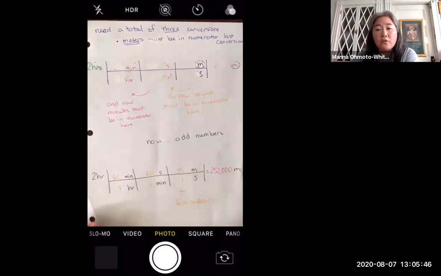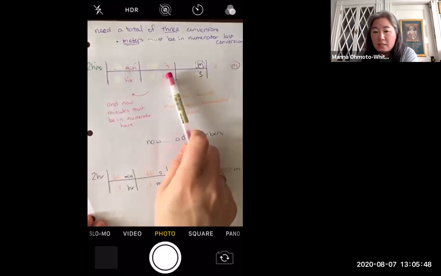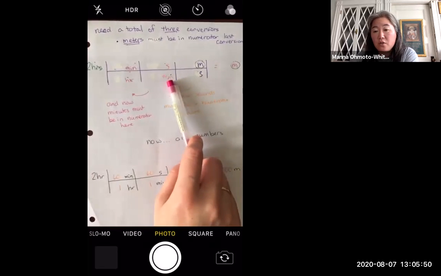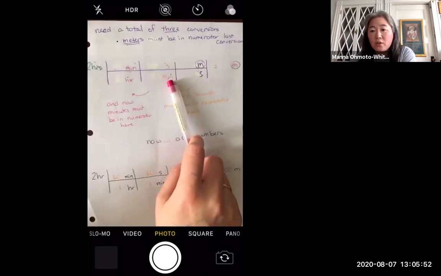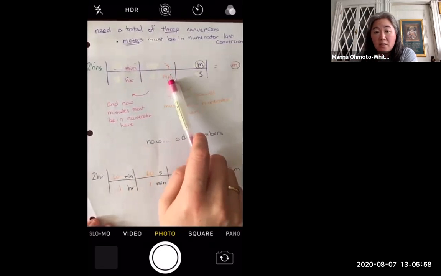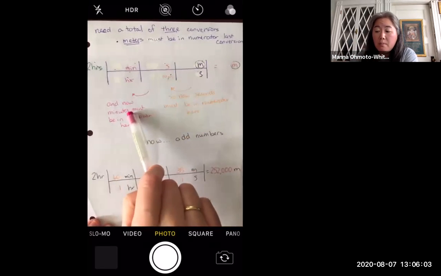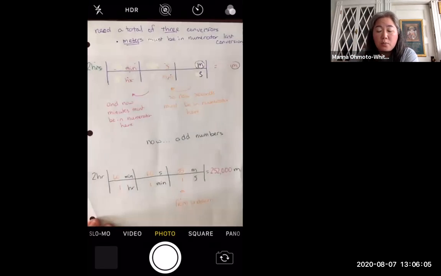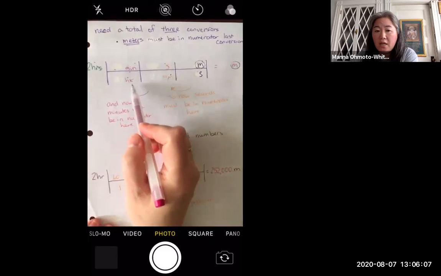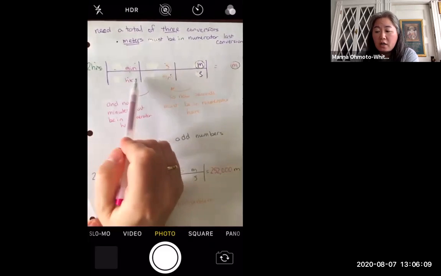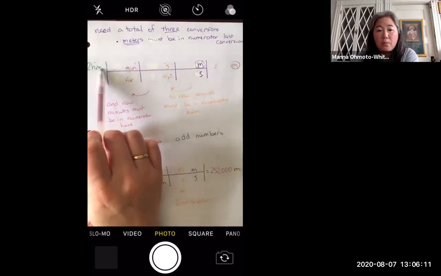The only other conversion I have with seconds is minutes. So be careful not to use meters per second again. You've already used the conversion. So once you use a conversion once, don't use it again. So seconds goes with minutes. And because I have minutes now in the denominator, minutes have to be in the numerator in this parentheses, and minutes goes with hours. And boom, now my hours are in the denominator and they will cancel out my given